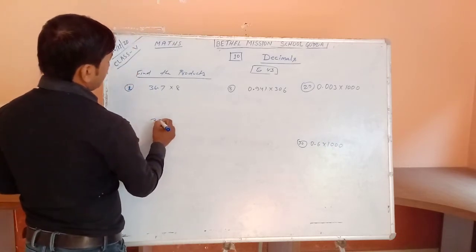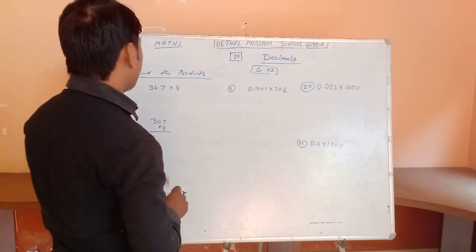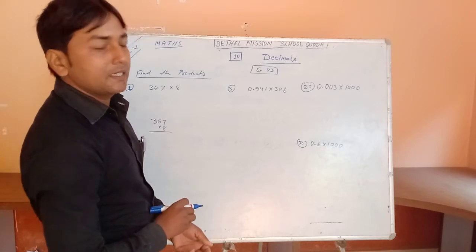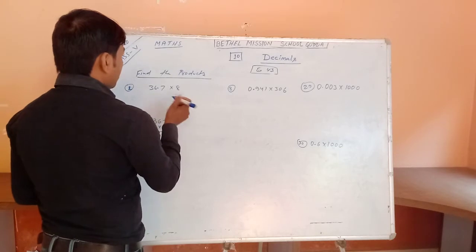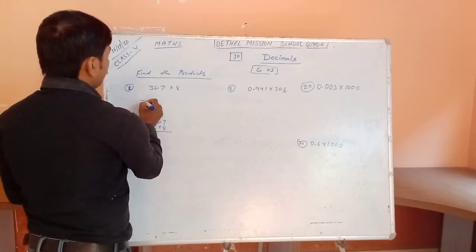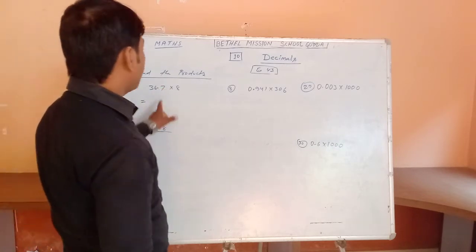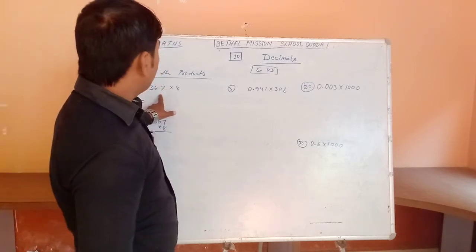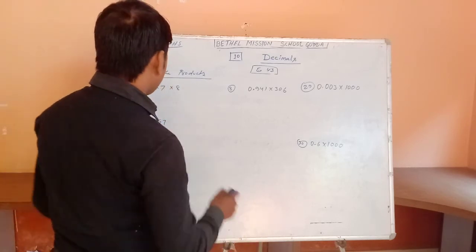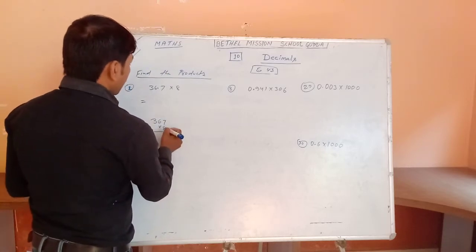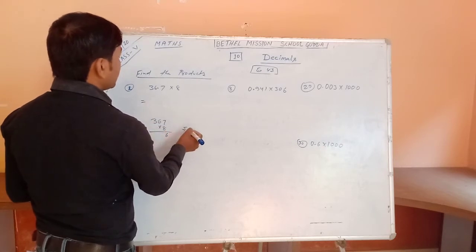First multiply after removing the decimal. Don't put the decimal here. First multiply both numbers in rough or on your paper, and at last we will put the decimal after one digit. If one decimal place is given, then after multiplying, at last we put the decimal after one place. Okay, so multiply first. 8 times 7 is 56, and 8 times 6 is 48, and 5.